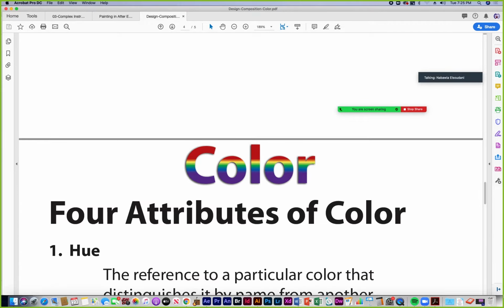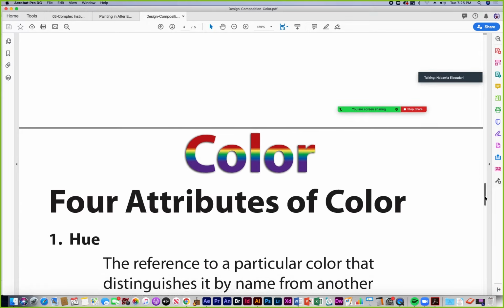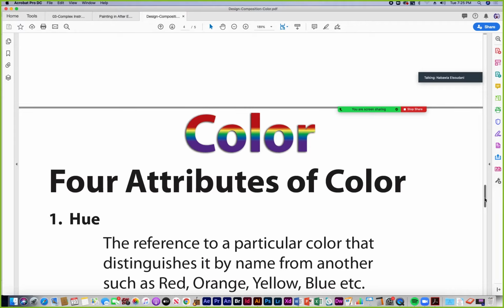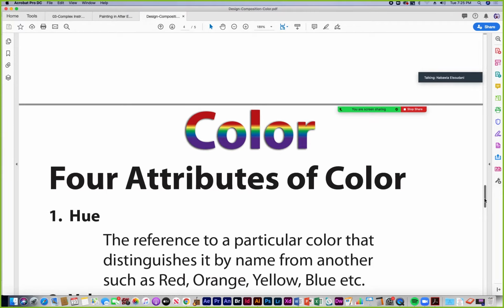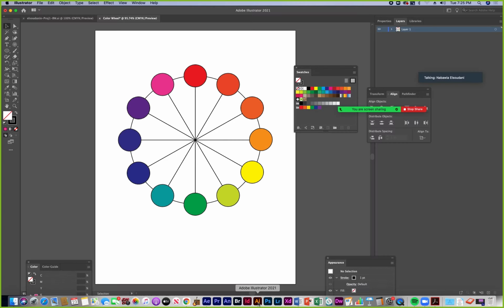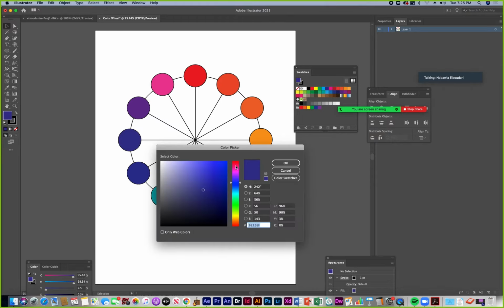I mentioned hue is the reference to a particular color that distinguishes it by name from another, such as red, orange, yellow, blue. So when we talk about different hues that are distinguished by name, we're talking about the hue slider here, the different colors along the spectrum, or along the rainbow.